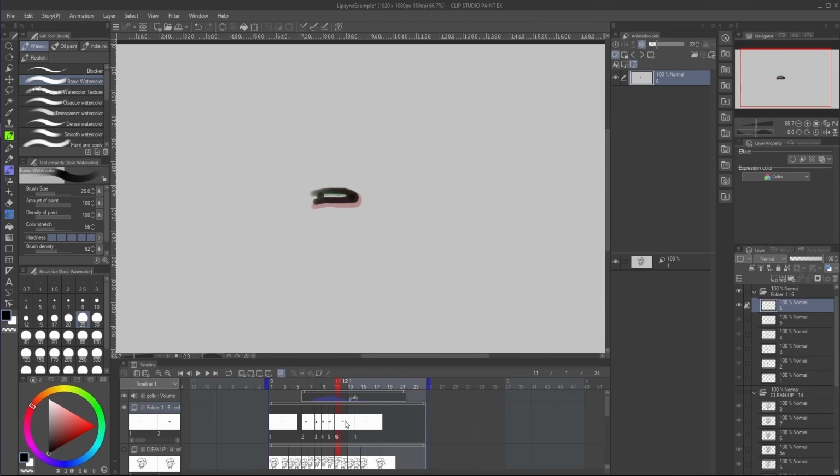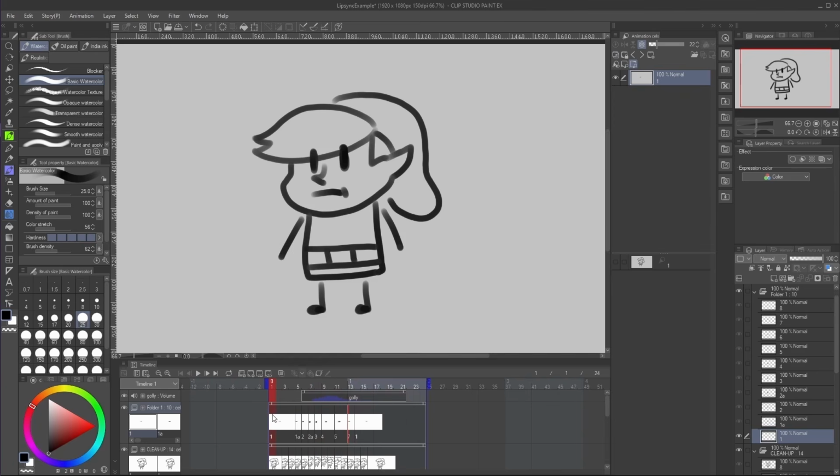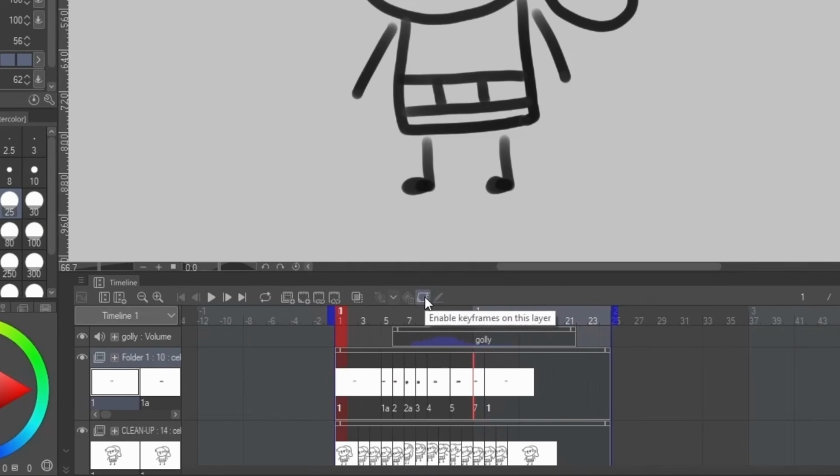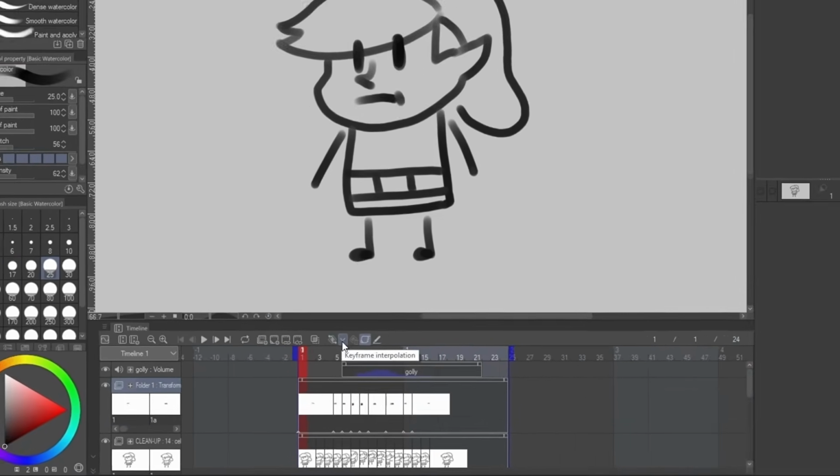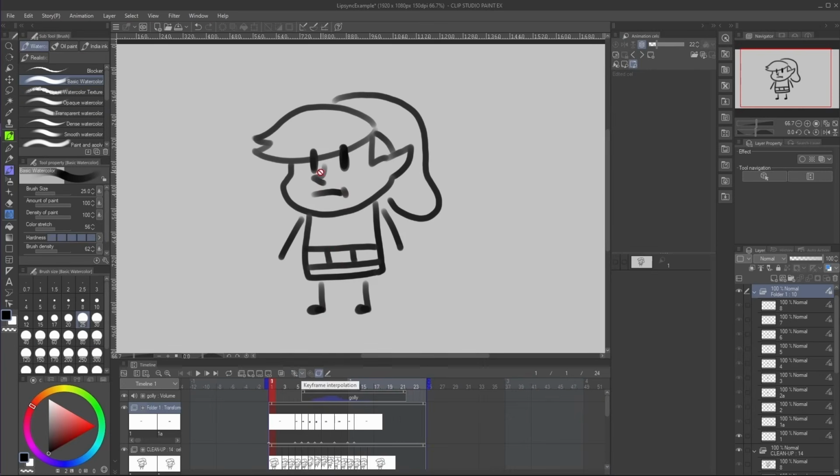And that's one of the reasons I like to animate on a separate layer and then have it motion-tweened into place, just because I like doing that last minute adjustment of moving the frames 2 frames behind. Golly! And now that we have our lip sync all done, we can enable keyframes on this layer. And since we don't want it to motion tween, we want it to just pop from one pose to the other, we're going to change our keyframe interpolation to hold, and then we'll click this button to add a keyframe